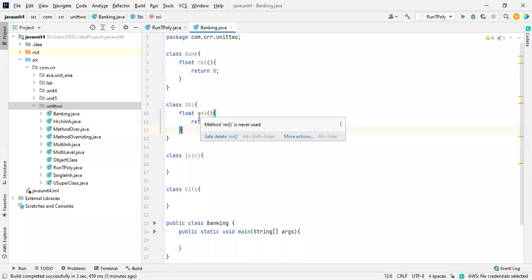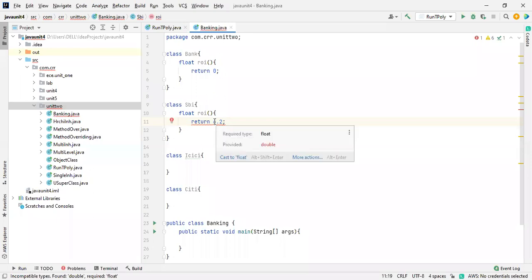This is one more example I'm giving you. This is a real-time example. Just check this out. So I'm going to take the rate of interest like 6.2. It is taking double. I will take it as F because this is a float, so I need to mention F over here. What is the difference by using the F keyword, capital or small f? We need to mention it if you want to return a float, or else it will go for a double. Already said this. If I remove this, it is expecting a double. You should not change this to a double. Make it an F.